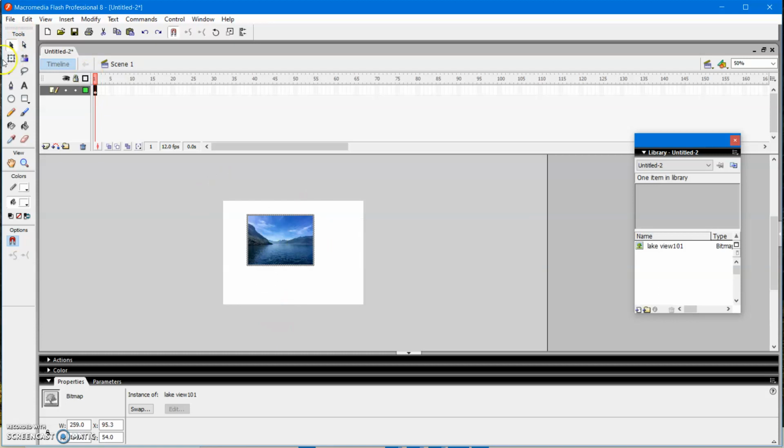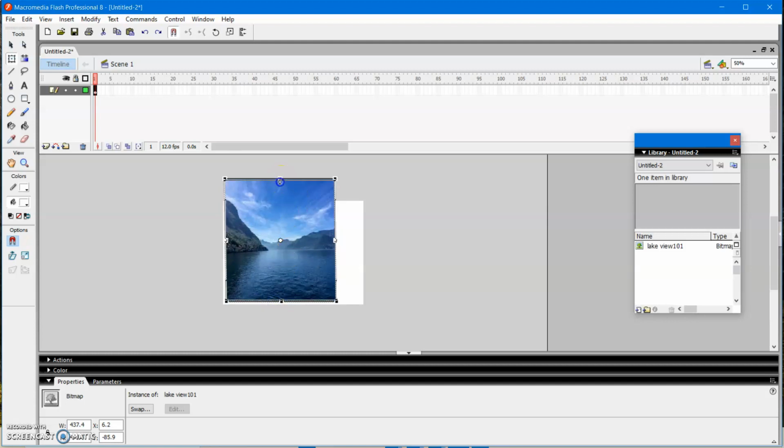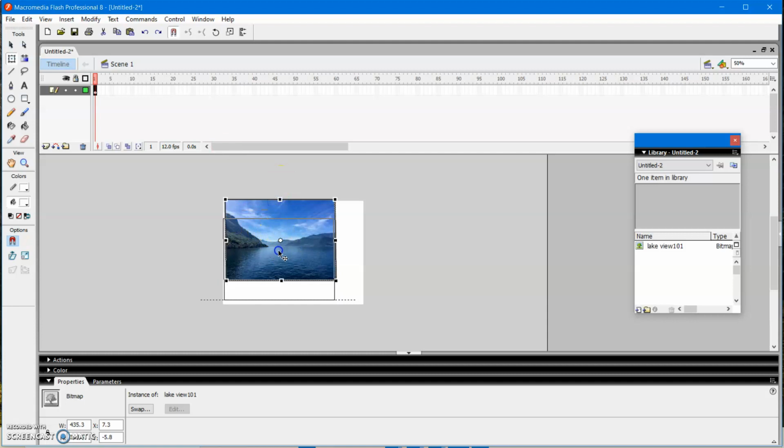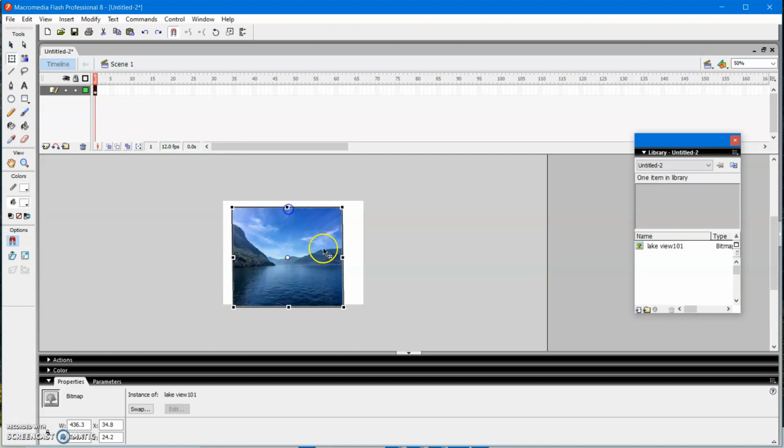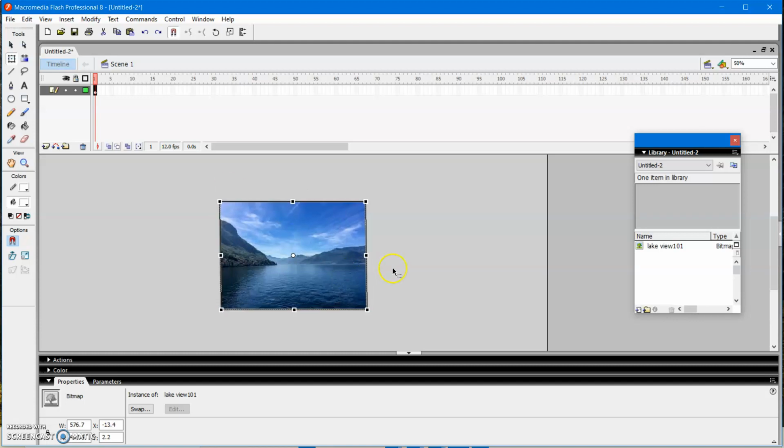After that, with the help of the free transform tool, adjust the size according to the stage. See to it that the image covers the stage.